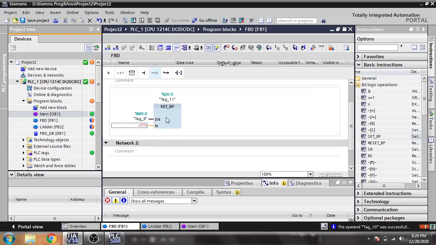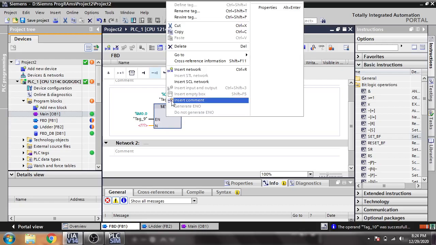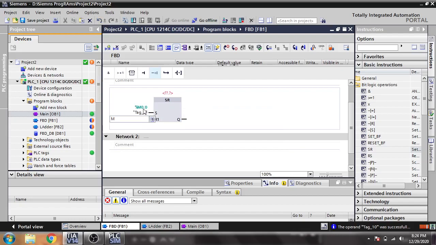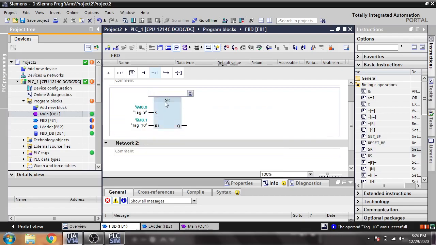What's happening there? These languages are different. We'll discuss these things later. Set means M0.0 set, M0.1 as a reset, like that, and we have Q0.0.